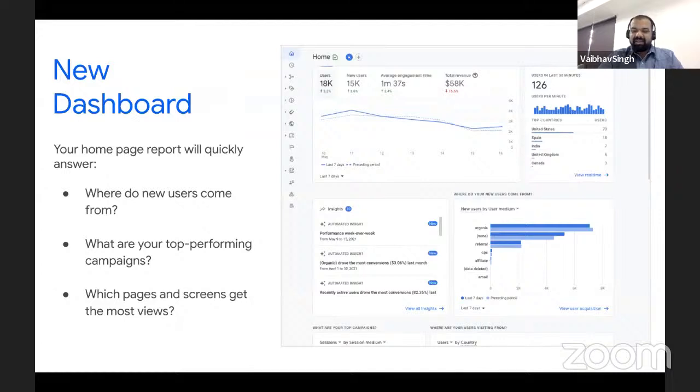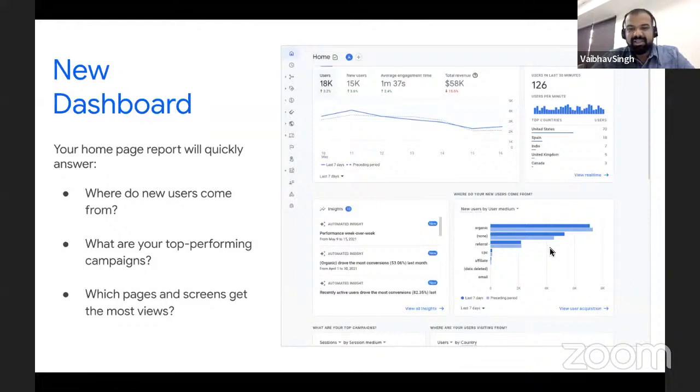Now, this is a still screenshot of how the new dashboard looks. What would you find on this new dashboard? You could see where the new users come from. That is there on top of your analytics real time, where you could see the majority of the users coming geographically, demographically, or you could filter it based on any data point or any filter which you wanted to add. Not just demographics or geography, but you could also search the users with the help of user medium, whether they're coming from organic, referral, direct, social, and so on and so forth. You could get it from there.